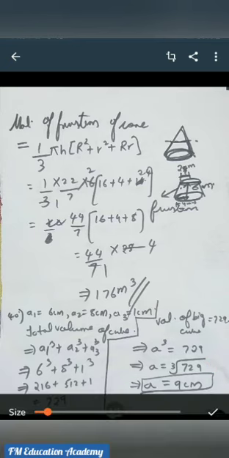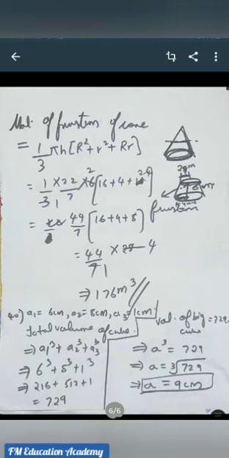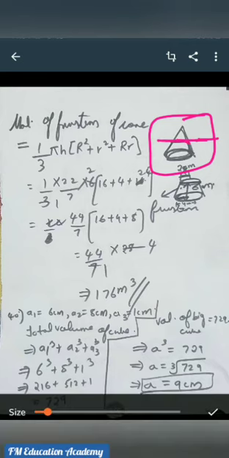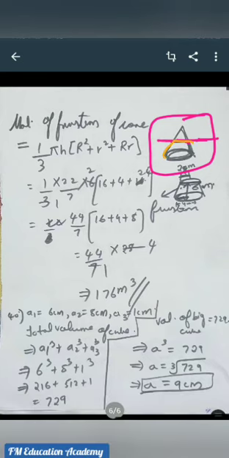Before proceeding to the answer, I would like to say what a frustum of a cone is. See, this is called a cone. Whenever you cut a cone, the remaining part will be called the frustum. So this is my frustum here, and it is telling the top part is 4. So what is the radius? If the total diameter is 4, as given in the question, the radius will be 2.